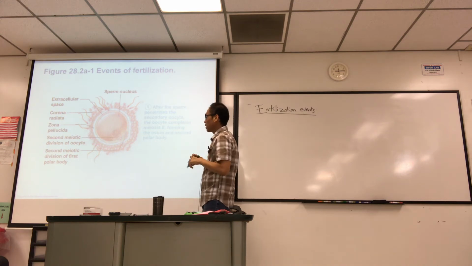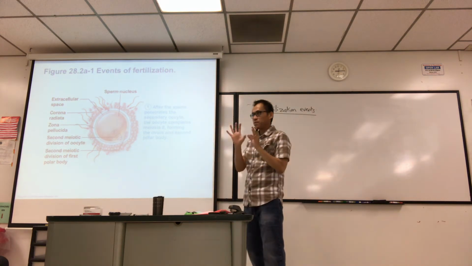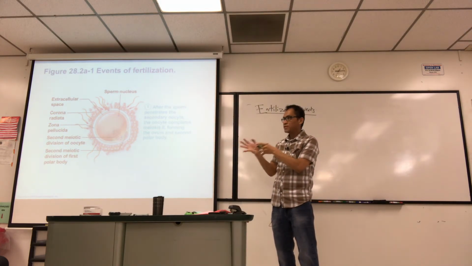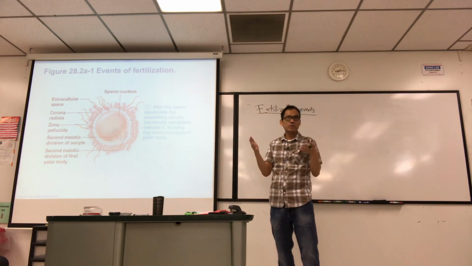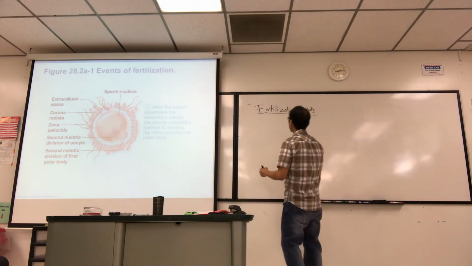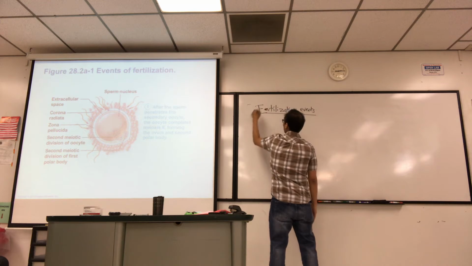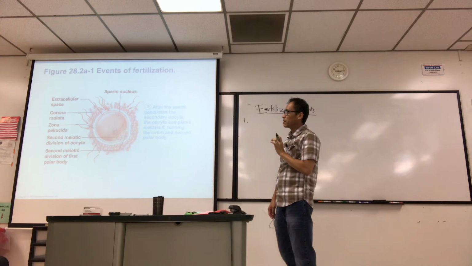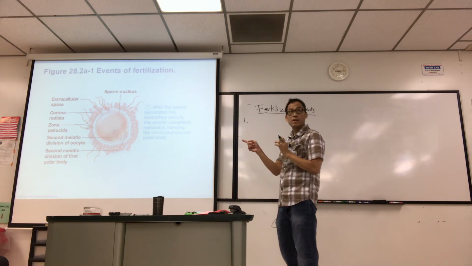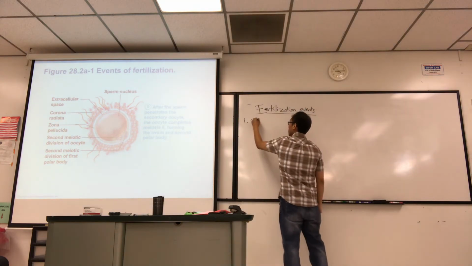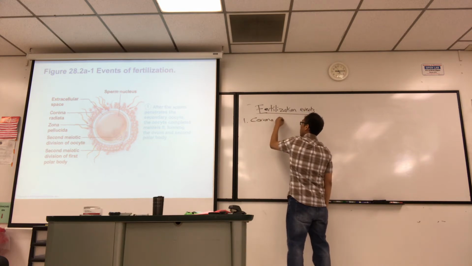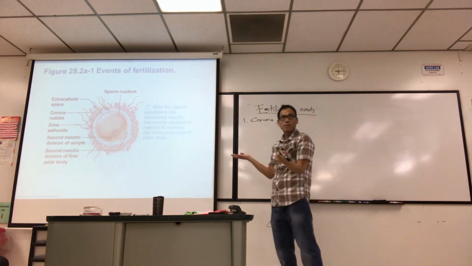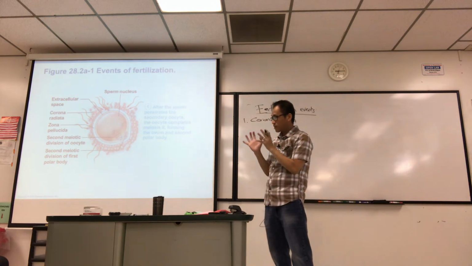So what you see here, I always like to tell students, as you go through these events, it's a process, and see how it's different in the next step. So take inventory of what you see in the first step here, events of fertilization. Do you see corona radiata? Yes, it's there. Check. I'll just list it. Okay, it was penetrated, but it's still there. So it's interesting to know.